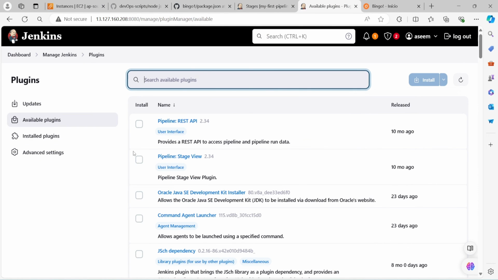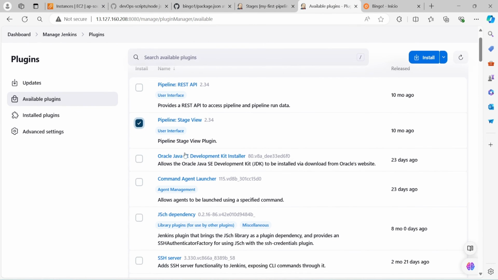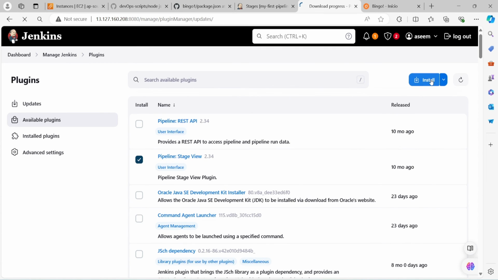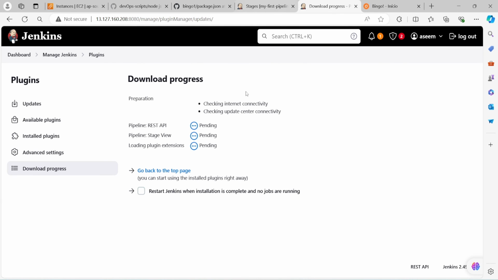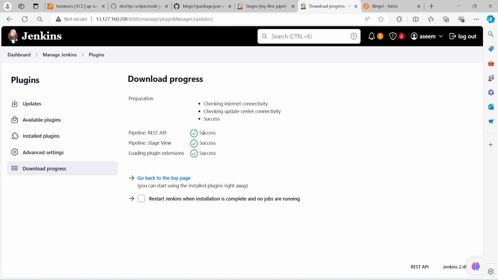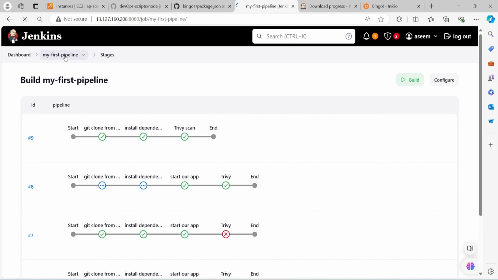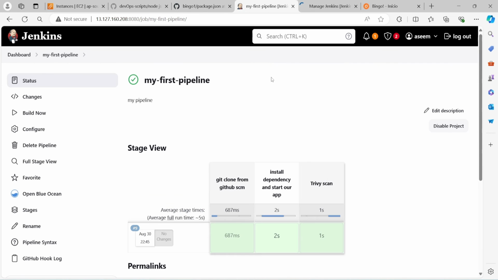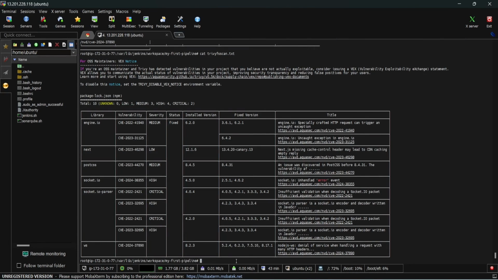So let's install this plugin, right? Because we require the stages to be visible. So let's install this pipeline plugin. It's getting installed. We need not restart after installing this plugin. By default, it will be applicable. Successfully done, right? So let's go, and now we'll go for the first pipeline. Let us trigger the pipeline again. Okay, right. So now if you go into the VM,